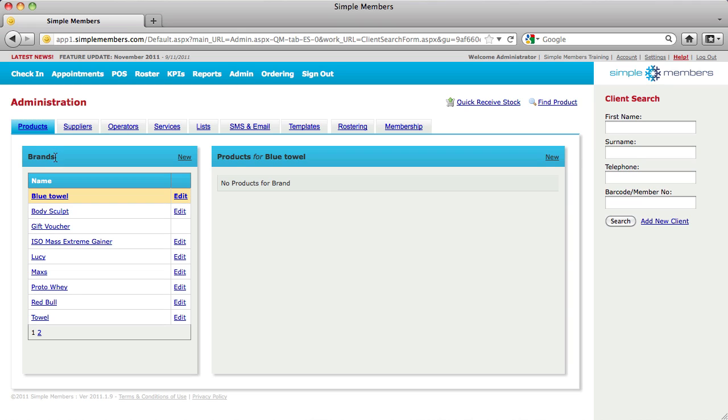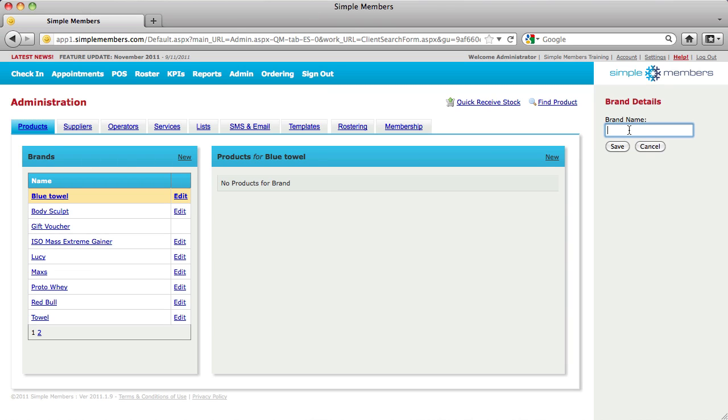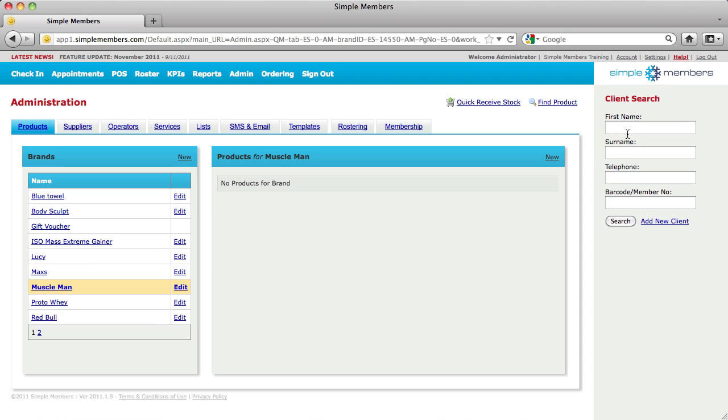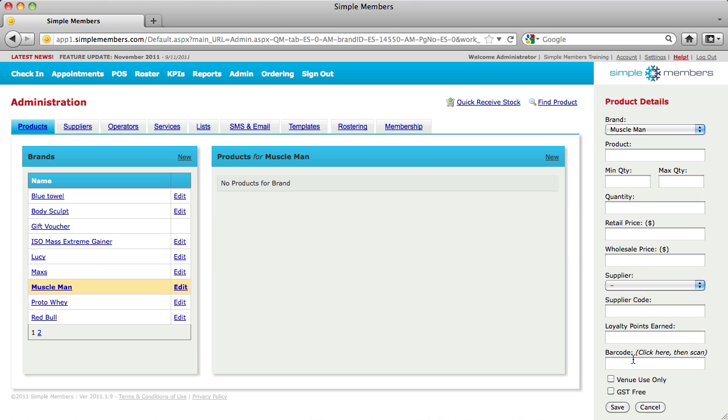To do this, create your brand first by clicking new, and on the right hand side you can pop in a brand name and save. Once you've created the brand, you can now create the products within that specific brand range. Click the new and fill out the details on the right hand side. So give it a product name